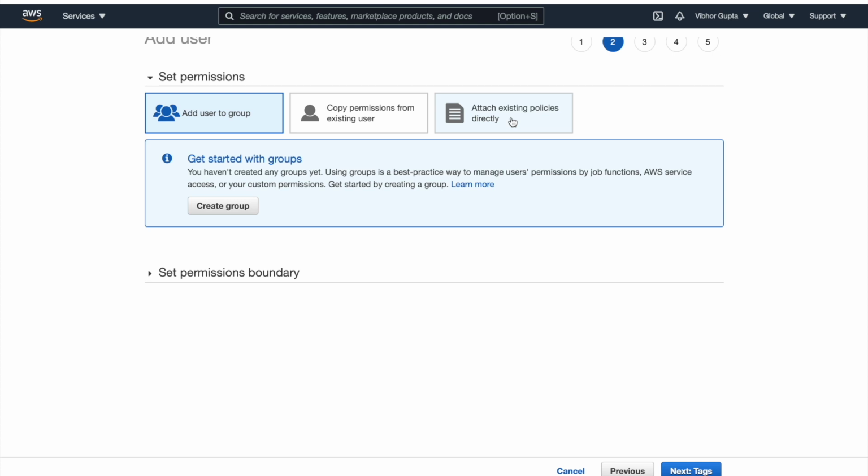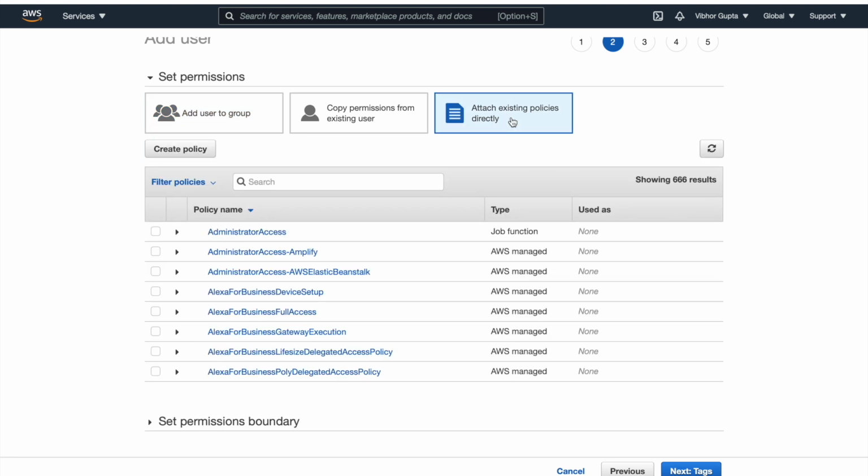If you remember, we discussed that IAM policies are used to give access or deny access to AWS services. So we are going to choose this option. Now we can see there are different types of policies automatically created by AWS. Each policy represents a different type of access to different types of services. Since we want this IAM user to have full administrative access across the AWS account, we will select administrative access. So the first option is administrator access.